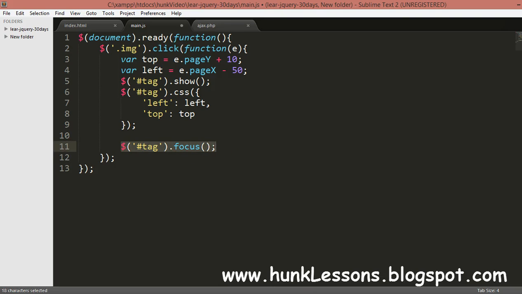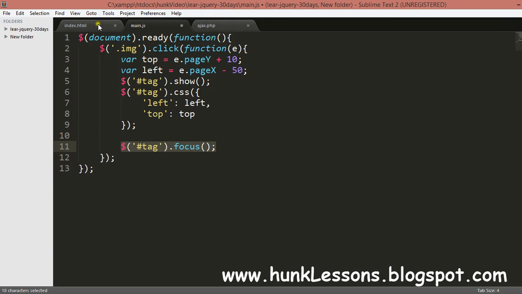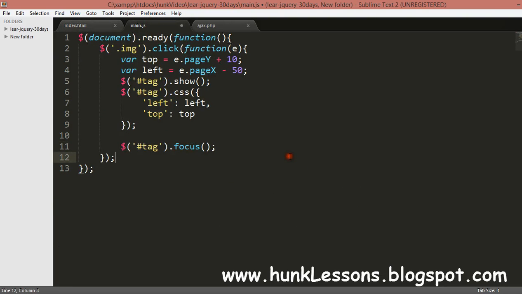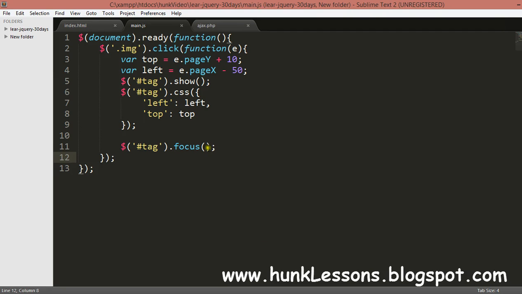Simple as that. Now I clicked here and I have to refresh the page. I refresh the page and click here. What is the ID of this tag? Oh, I have to save it first. I've saved it. Refresh the page, click. You can see now I can directly write anything. Okay, this is done. Now we will add another event handler.